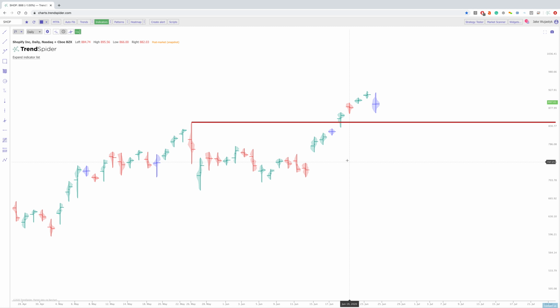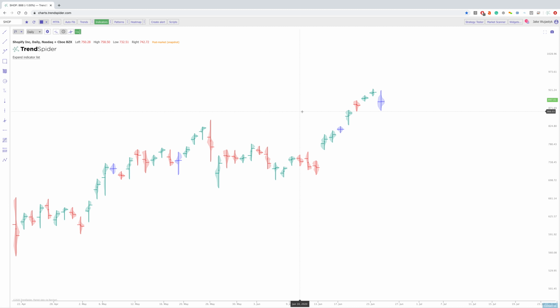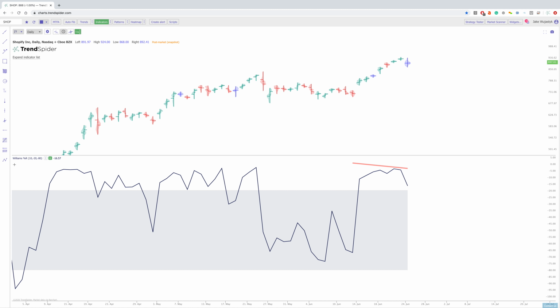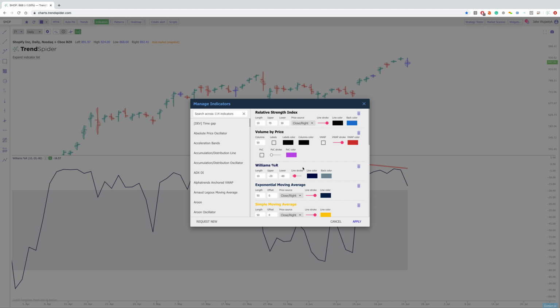One thing that I want to talk about, and this isn't really proprietary or anything to TrendSpider, but it is something to start looking at once the markets get overextended like this. I like to use the Williams percent range as an indicator to look for different levels of divergence. Now, notice here, I have the Williams percent range 10. So every week we have 5 trading days. So the Williams percent range 10 is looking at the 2-week Williams percent range and taking that into account in the oscillator. Now, if we go to the 5, which would be the weekly, notice we had this really strong